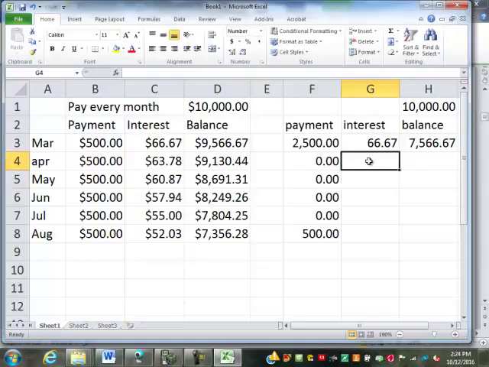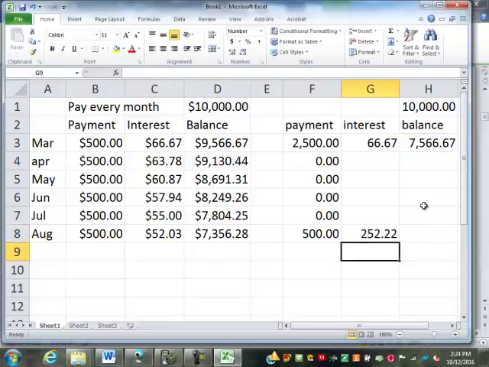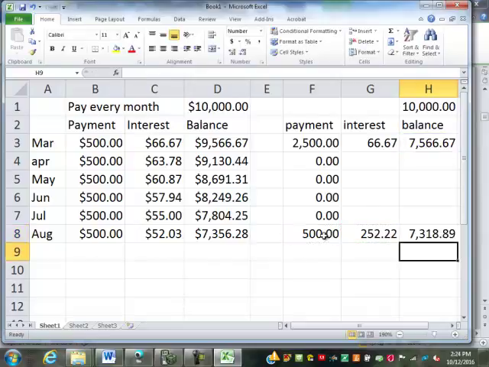Well, during these months here, since you didn't make a payment, and as I said before, your car loans are done on simple interest, the interest isn't figured in until here when I make this payment. They're still going to add in interest for all 5 months. It's just going to happen all at once instead of building on each other. So it's going to be that balance times 0.08, but times 5/12 because it's 5 months worth of interest sitting there. So now we end up with that balance plus interest minus our new payment. So after the August payment,